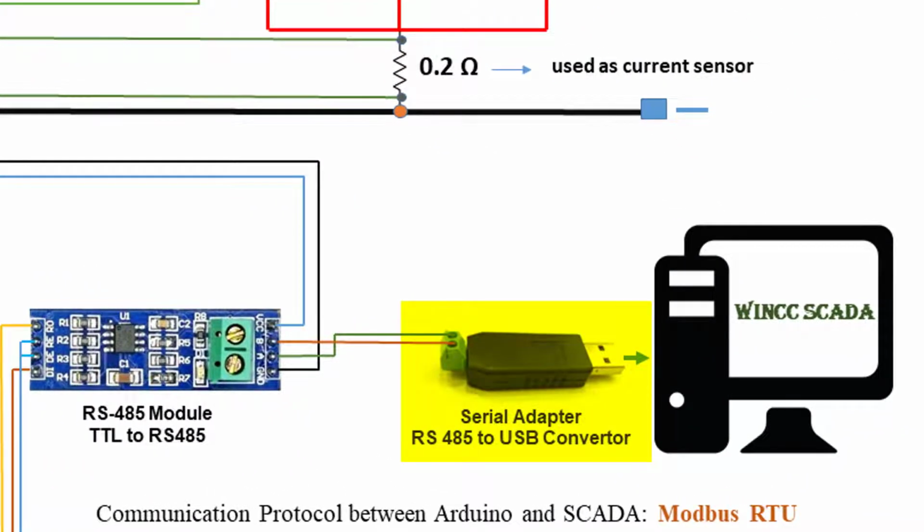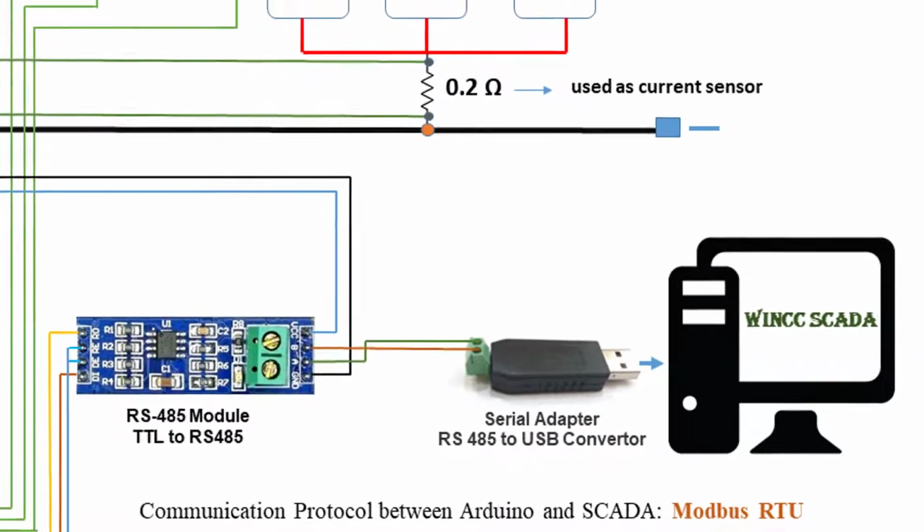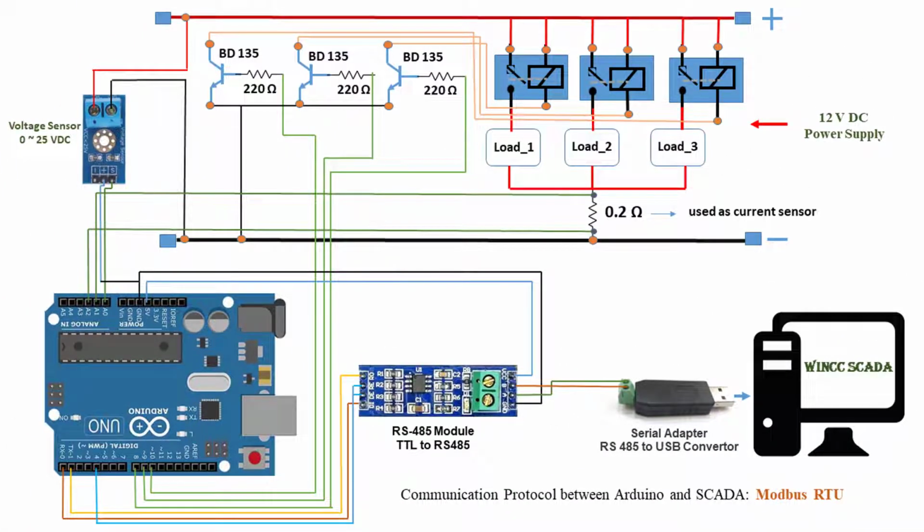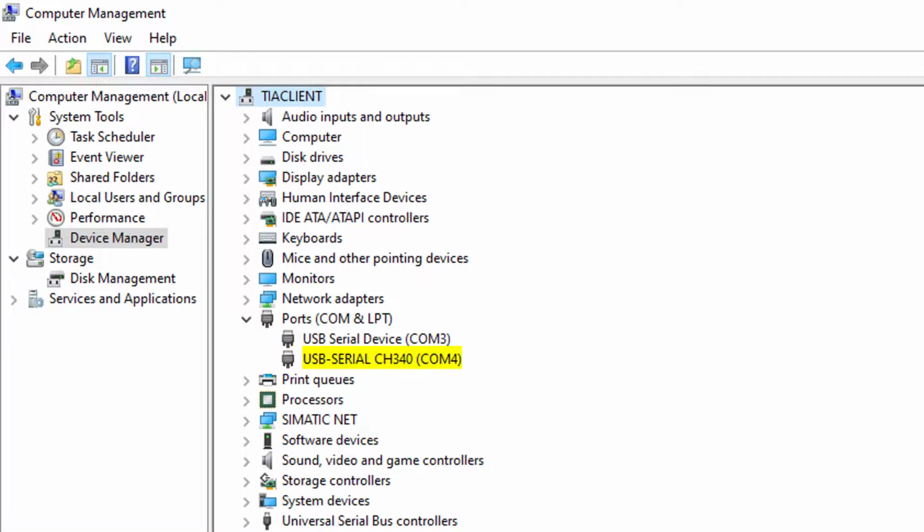converter module. Connect the output of the MAX485 module to this USB to RS485 converter module and plug this converter module into the PC USB port. To make this converter module functional, you will need driver software for it, and this has to be installed on your PC. When this device driver software is installed and the converter module is plugged into the PC USB port, you will find this device as a virtual COM port in the Device Manager of the PC Windows system.